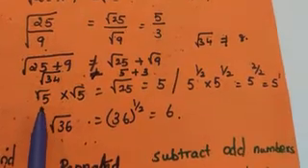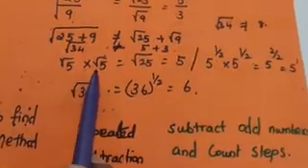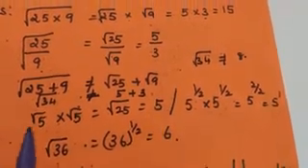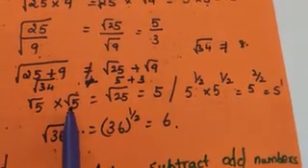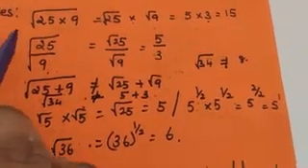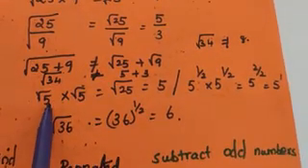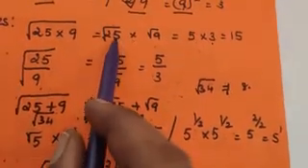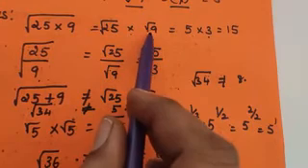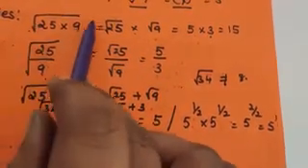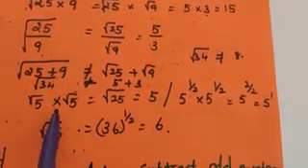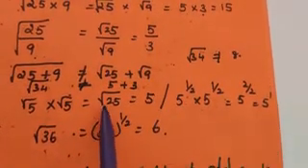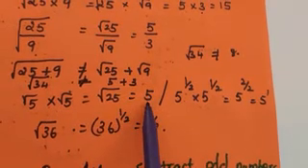And one more property is that whenever the same numbers are under the root, you will get the number alone. How will it be? Root 5 multiplied by root 5. As per property 1, we can multiply it, right? Root 5 multiplied by root 5 means we can write it as root 25. Reverse also we can do. Root 25 multiplied by root 9 means we can do root of 25 into 9. The same concept we used here. So root 5 multiplied by root 5 is root 25. We know that root 25 value is 5, right?